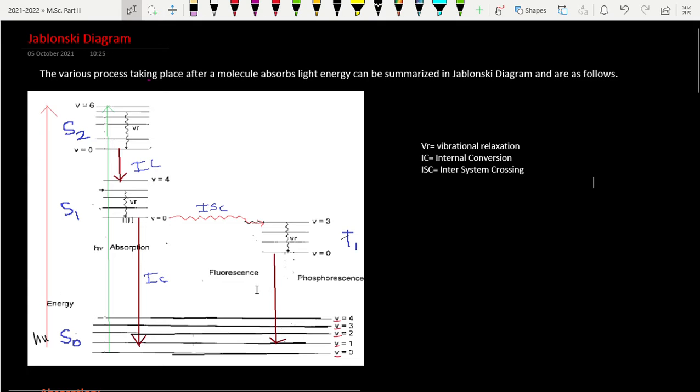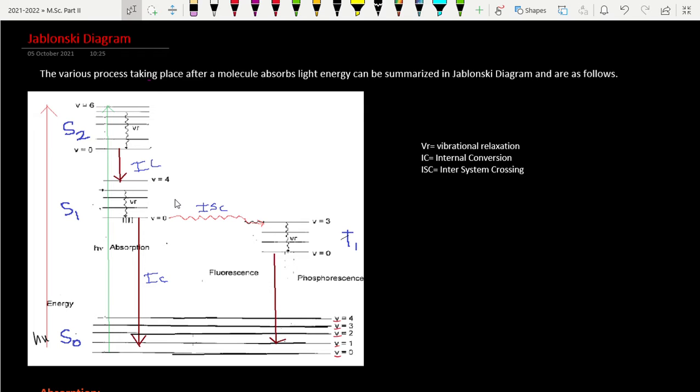Today our lecture is on the Jablonski diagram. The Jablonski diagram is a powerful tool for visualizing the possible transitions that can occur after a molecule has been photoexcited. A typical Jablonski diagram is shown here, and the key components and transitions that make up that diagram are explained below.